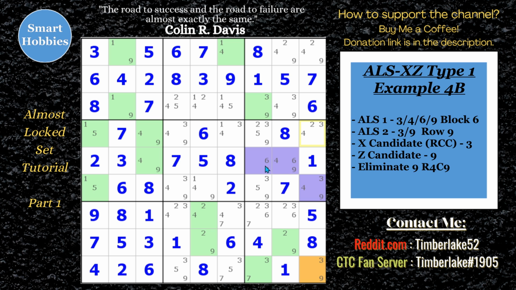And hopefully I'm showing you a way to find these in puzzles. And it's not going to be that easy. But if you start looking at value candidates and start evaluating what can you do with them, can I find a restricted common candidate with another almost locked set, you'll start opening those possibilities up. So in my next video, I'm going to start looking at these type 1 almost locked sets that are not something common that you're used to, but they'll still create almost locked sets that we can make some eliminations using